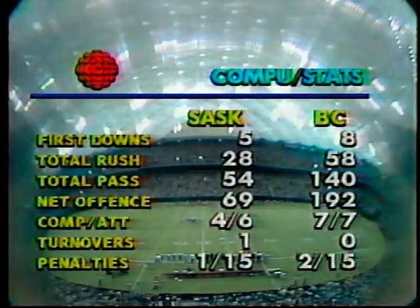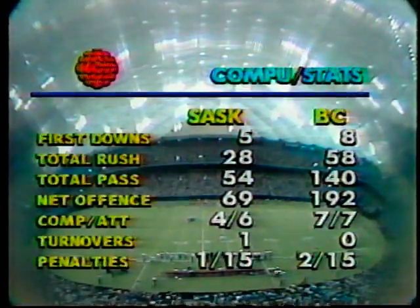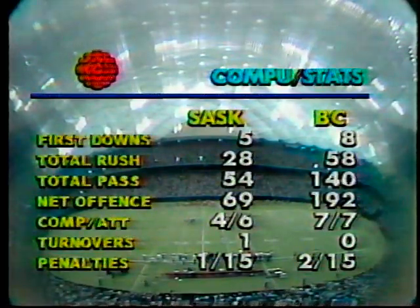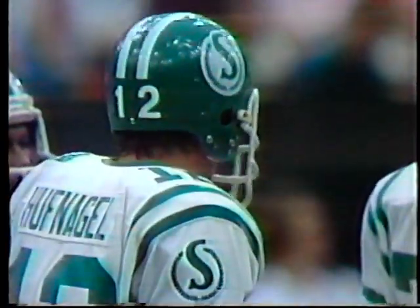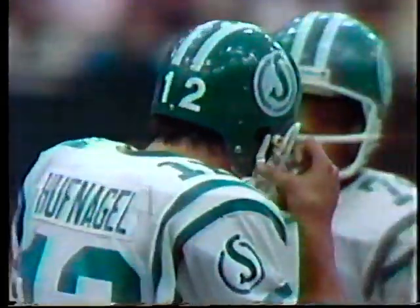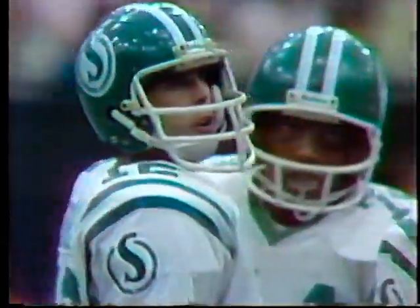The Lions lead by 21, and in terms of total offense, quite a discrepancy, as you can see. Both quarterbacks have been sharp, particularly Roy DeWalt, who has yet to miss a pass. John Huffnagel has hit on 4 of 6, actually 5 of 6, but that 5th went into a BC Lion defender's arms. That's right. I think you should give the quarterback credit. It didn't hit the ground. Well, as they change ends,